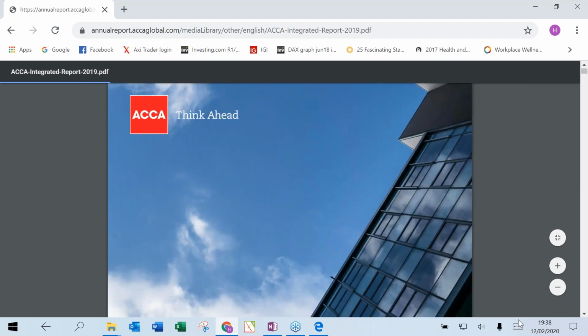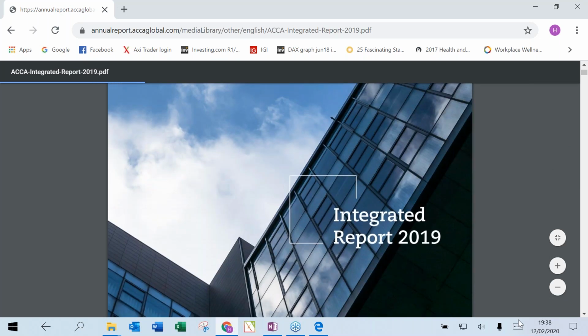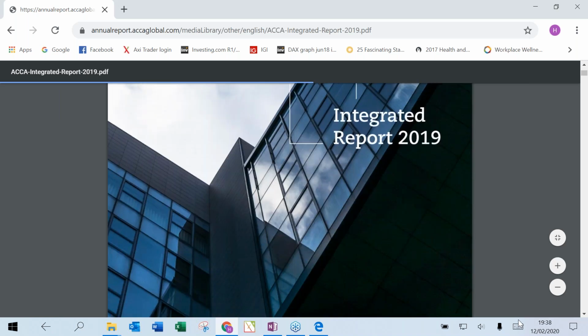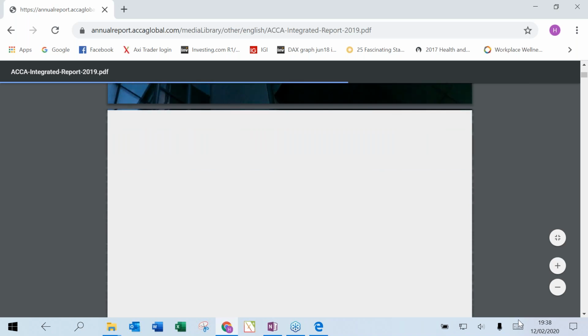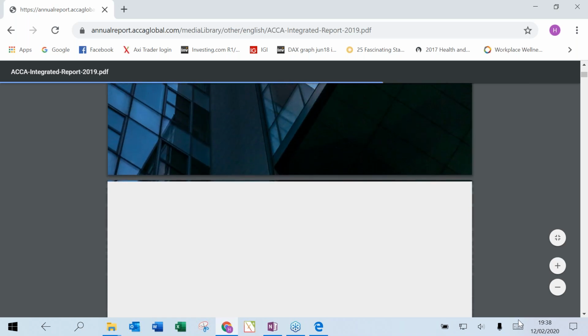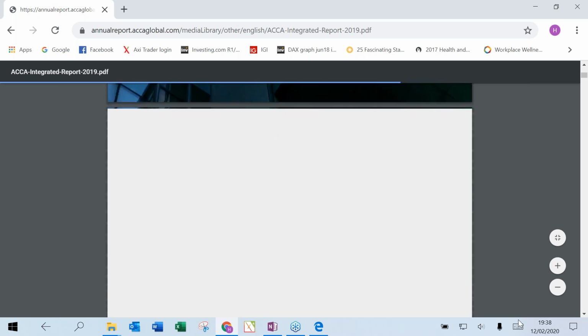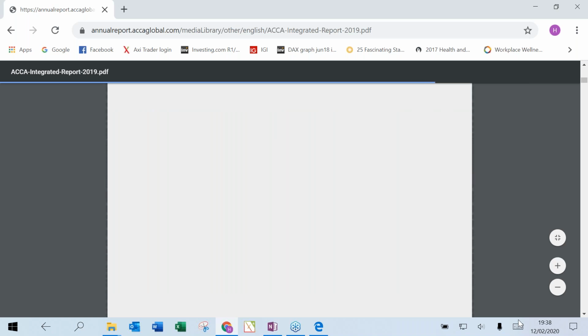You see this ACCA integrated report 2019. ACCA has been issuing this for the last 4 or 5 years, I believe, because it is not a commercial organization, it's a non-profit, not for profit organization. Why is it blank? It's an internet issue. Okay,